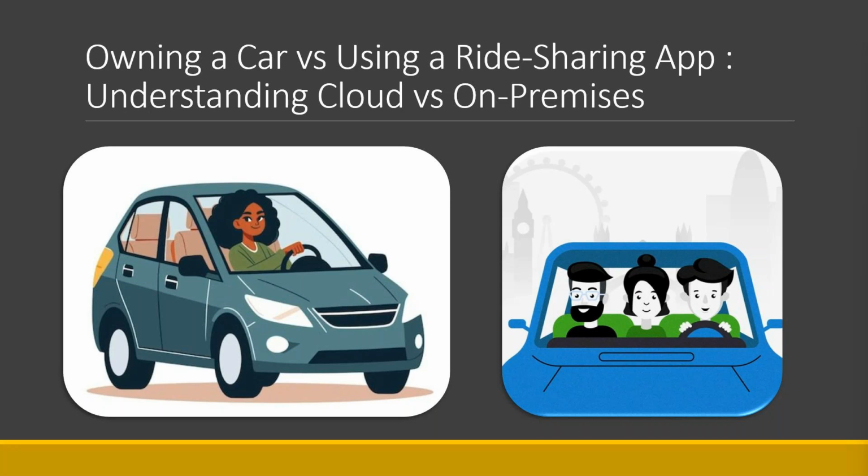So on premises is something which is available on the premise. That means which is physically available for someone. So in IT terms, on-premise means you own and you manage everything like servers, networking, storage, backups, etc. The advantages of having on-premise systems is that you will be having the full control.